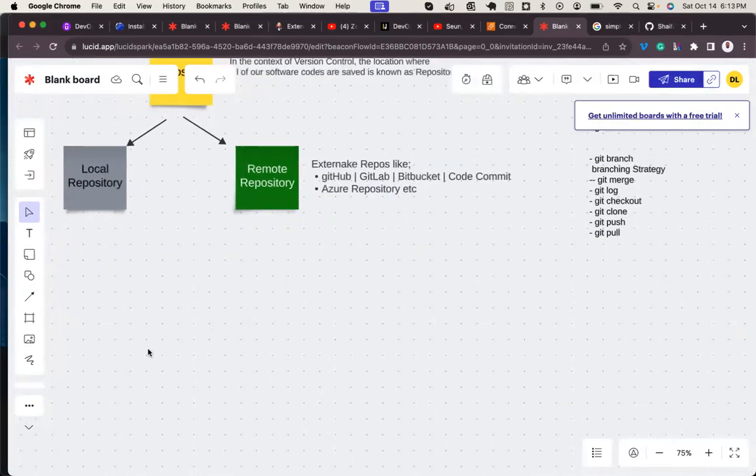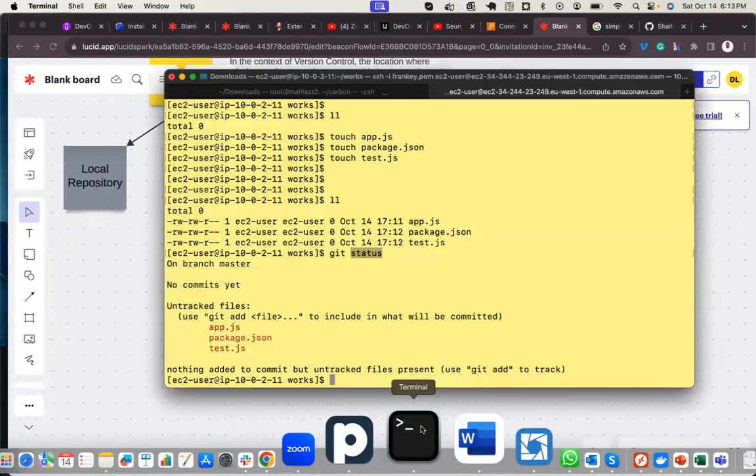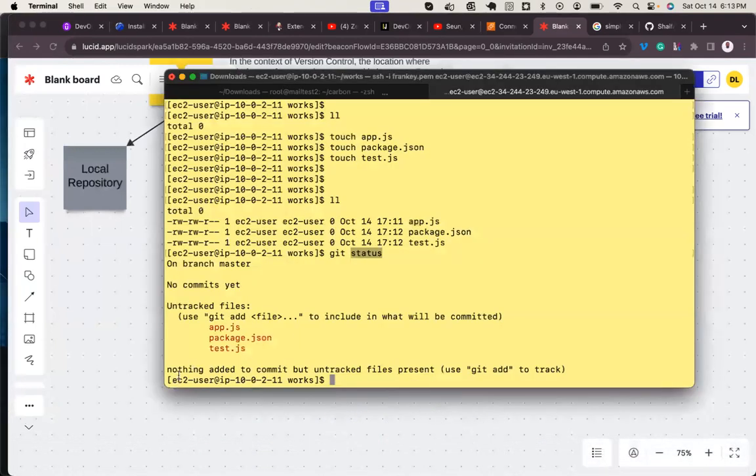Now, we have both tracking and untracked sections. And I can see now, nothing added to commit, but untracked files are present. They now say: use git add to track the files. So far, these files cannot be tracked by the local repository.